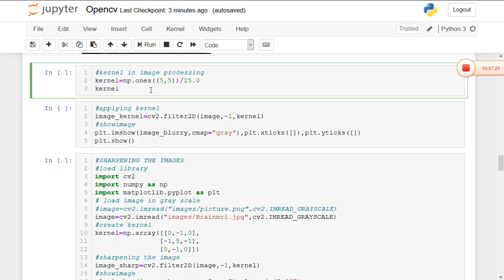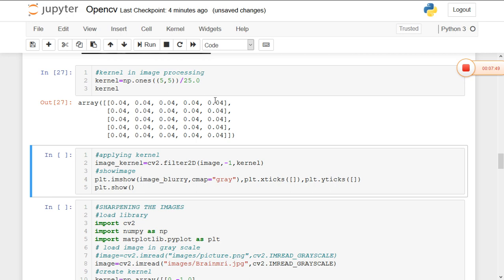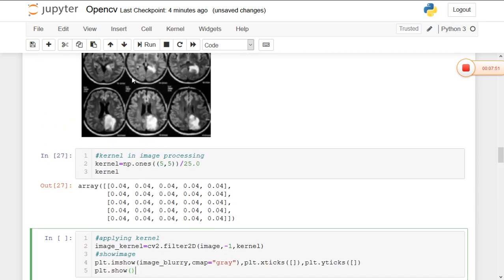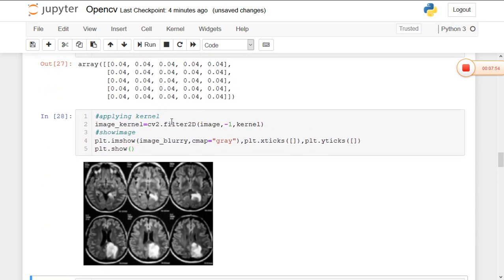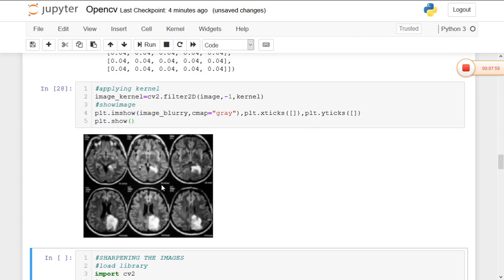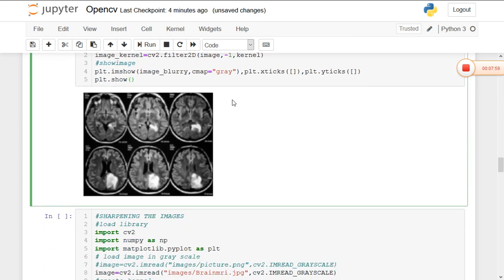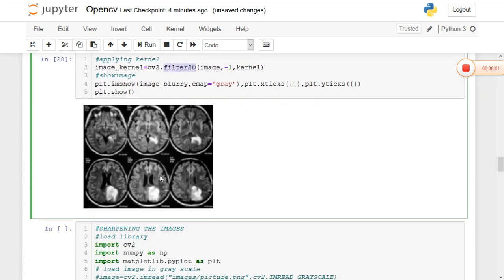Now, what is a kernel? Kernels are widely used in image processing for everything from sharpening to edge detection. The central element in the kernel is the pixel which is going to be examined for every image. We can manually apply a kernel to an image using the filter2D method. I will quickly run the code here. This is a normal creation of a kernel. Now for the image taken above, I will be applying the kernel here. Both will give the same output. So applying the kernel using the filter2D method, we can smooth the image.